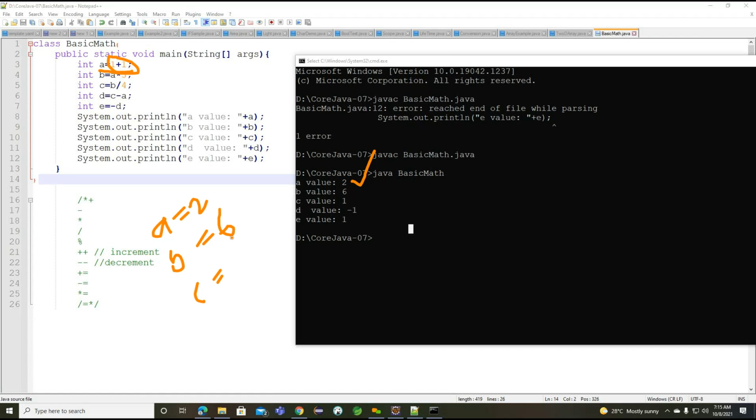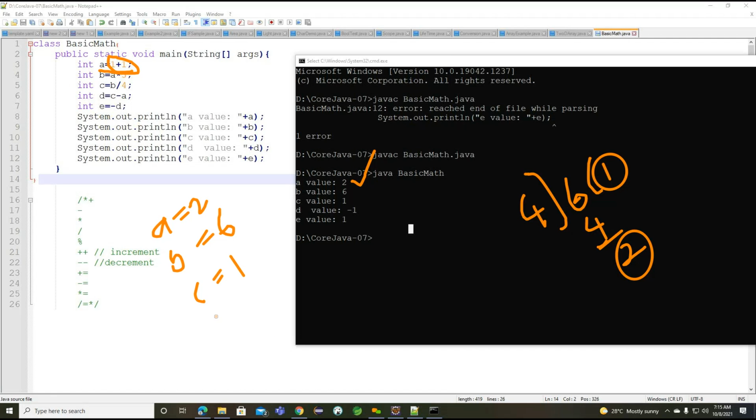Because with the help of this particular division operation, the 4 ones are 4 and here we are going to get the 2 here. But whatever this particular quotient value we are going to have, we are going to store as the c value here. Getting the point? So this particular c value will become 1 here. Now we identified the c value.